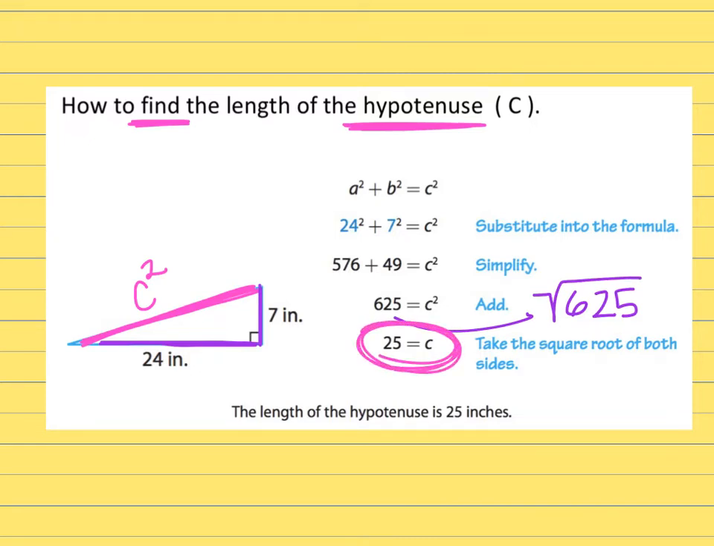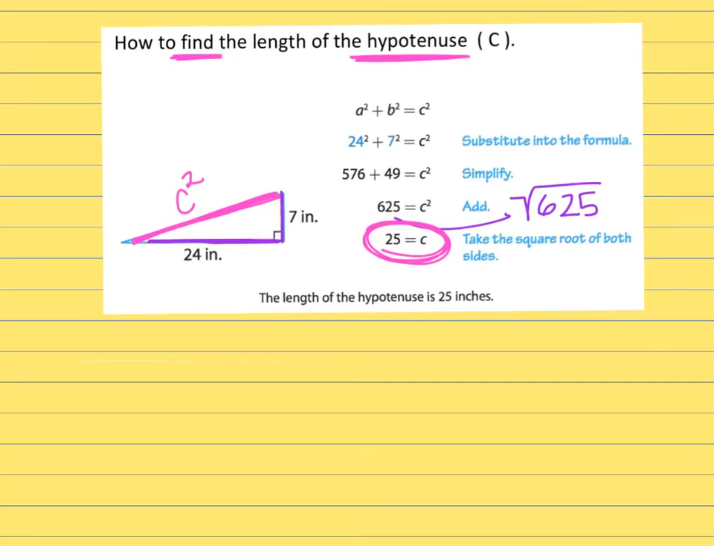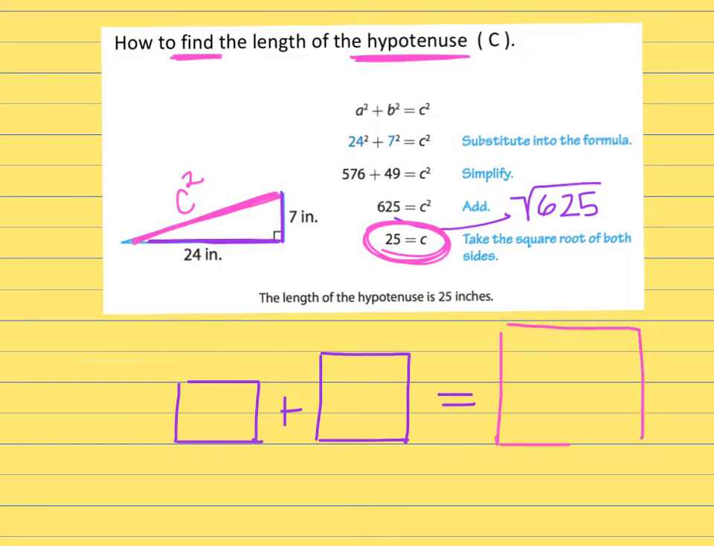If I wanted to show you a picture of what that looks like, I would have the small square plus the medium sized square, and that has to equal the large square. So by looking at my equation and filling in the numbers that they put, the small square was 49 and the medium square was 576, and then the large square